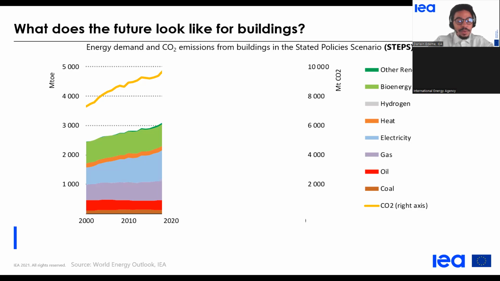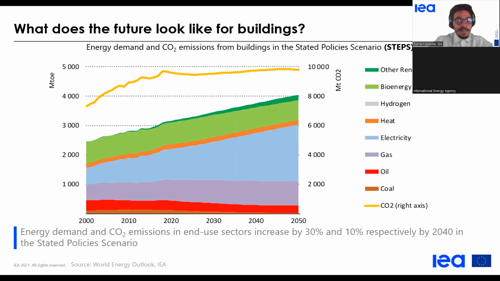Now, what could the future look like? Again, we need to take a scenario approach, and here we consider the Stated Policies Scenario, in which the IEA models the announced policies and technologies and investment plans. This is where the world would go. What we would expect is a smooth, linear growth in total energy demand. In the mix of fuels, fossil fuels like coal and oil are set to decline. Gas will grow a bit, but the total amount of fossil fuels will be about the same in 2050 as today. On the contrary, electricity consumption in buildings is set to almost double in the coming three decades. So we expect electricity to be the number one and fastest growing fuel,